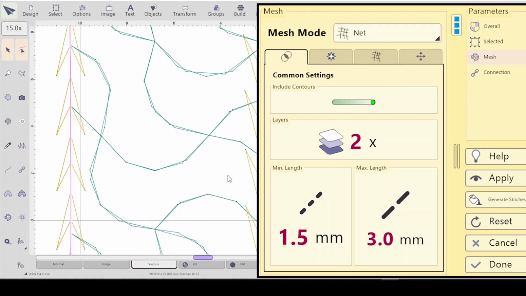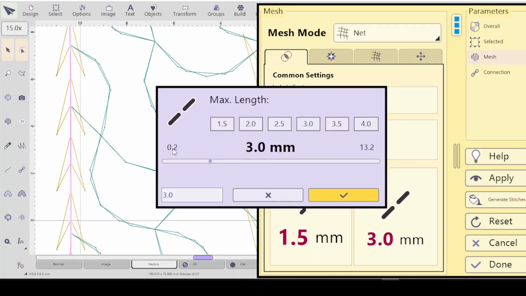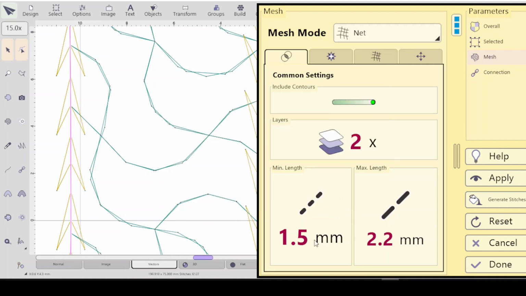This design is 190 by 75 mils. But I should make my max length the 2.2 that I like for quilting in the hoop. That's what I like to use, because that most mimics the 11 stitches per inch that I use on the long arm. So then I'll hit apply,